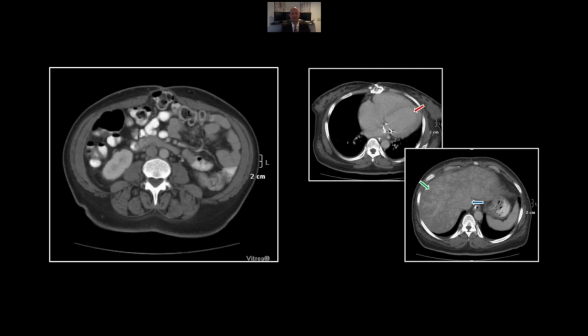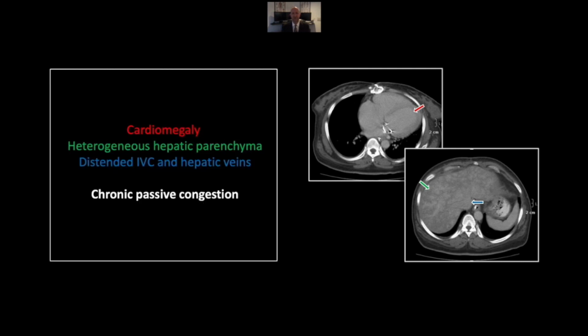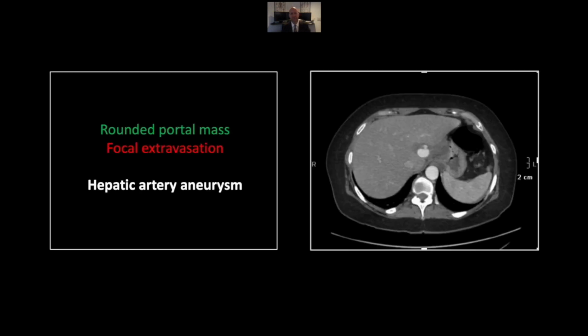So that is a case of chronic passive congestion. Our next case is a hepatic artery aneurysm with acute rupture. So here is the aneurysm here, high in the portal region, a well-circumscribed contrast collection with a tiny focus of extravasation anteriorly. On the cine, you'll be able to appreciate fluid all throughout the portal region as a result of